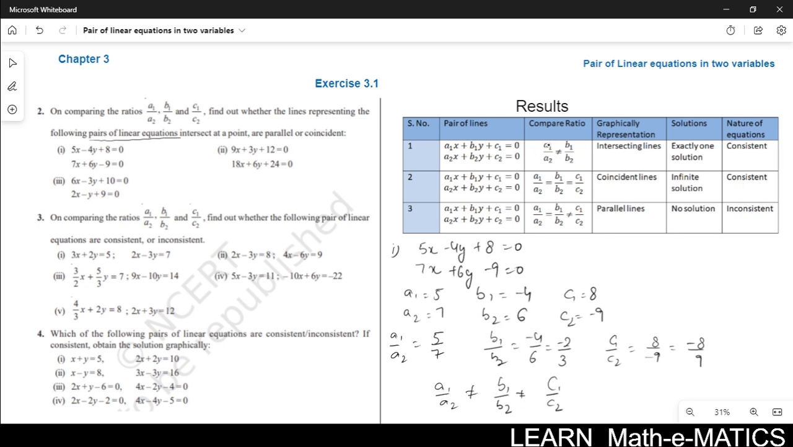In the first case, the first two ratios are not equal. c1 upon c2 इक्वल हो या ना हो वो मैटर नहीं करेगा. यहाँ पे अगर इक्वल आ भी गया, just first two ratios हमें चेक करनी है. अगर first two ratios हमारे पास इक्वल नहीं है, that means उसकी रिप्रेजेंटेशन क्या होगी? इंटरसेक्टिंग एट वन पॉइंट, right? So these lines are intersecting,